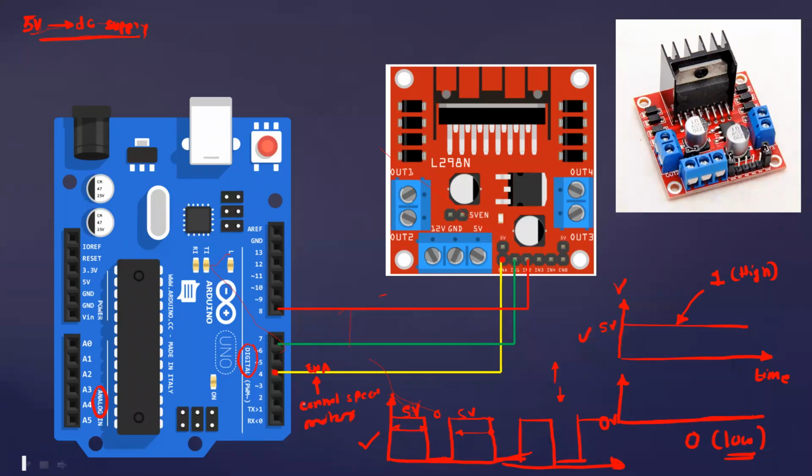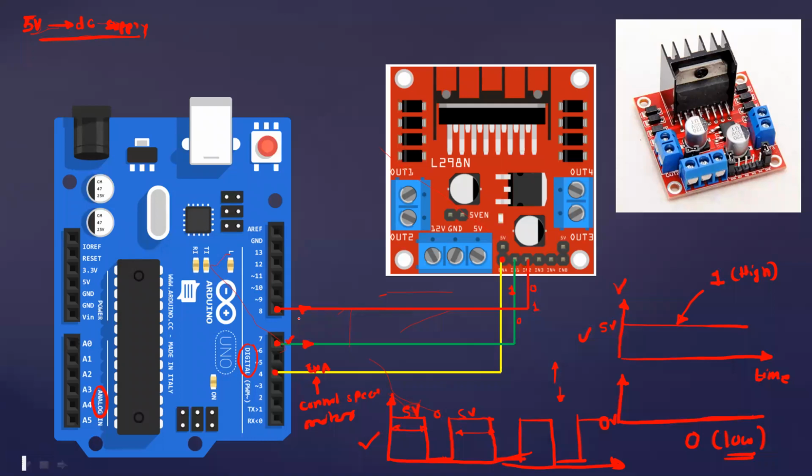We have to remember these pin numbers because we have to use them as they are in the programming. Then input 1 and input 2 are connected to digital pin number 7 and digital pin number 8. What is the use of pins 7 and 8? I have already explained. If you provide 1 logically here and supply 0 here, then the motor will run in the clockwise direction. And if you reverse the signal, that means you provide 0 here and make this 1, then it will rotate in the anti-clockwise direction. So this 1 and 0 are supplied from pin number 8 and pin number 7.